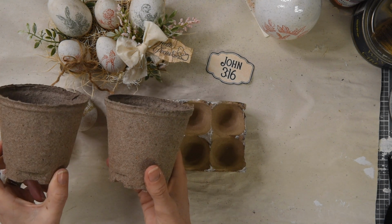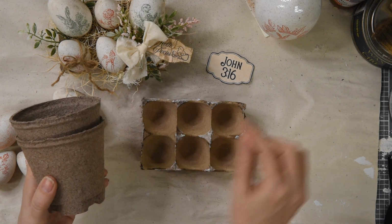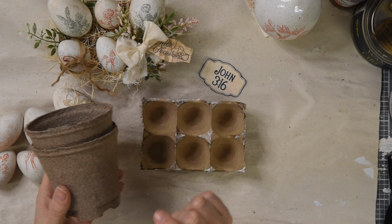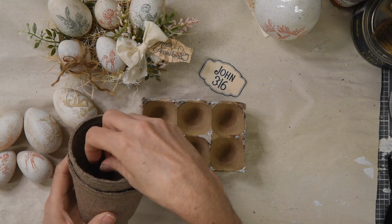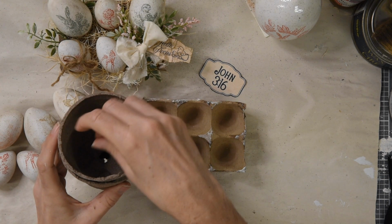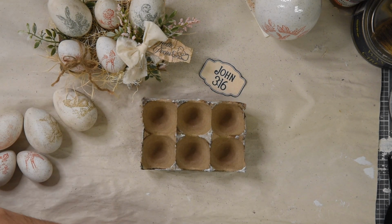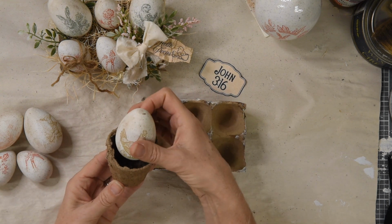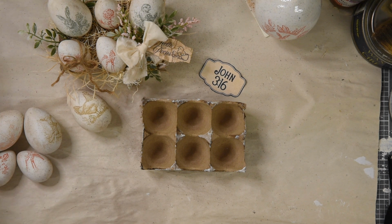But even just brushing some white wax on here, putting a little ribbon around it with a tag, and I'm going to tell you about these tags in a second too. That one says hello peeps. You could do so much. You could even put a little nest in here. So many things. You could do a nest and put 3 eggs in here. Then that got me thinking about the teeny tiny peat pots I have, and they would be super cute here too. So I'm going to play around. I don't have a ton of time, so I hope I can get